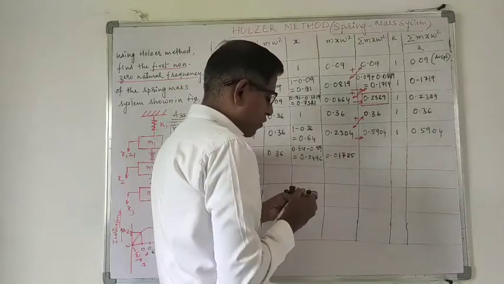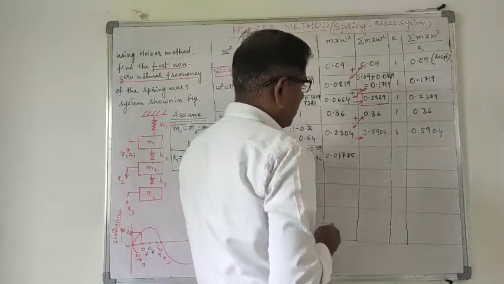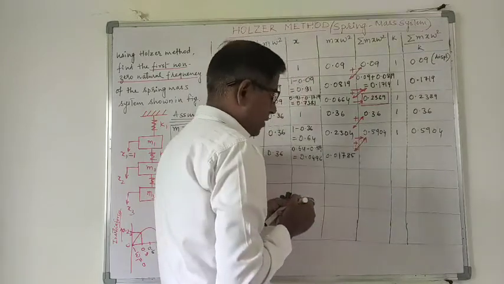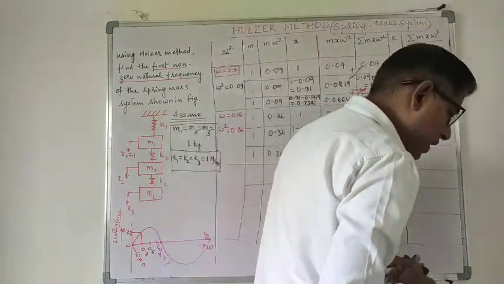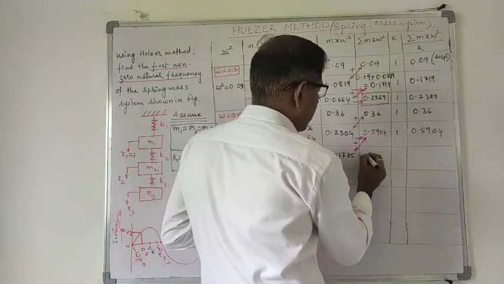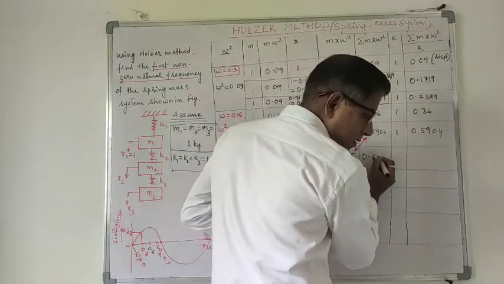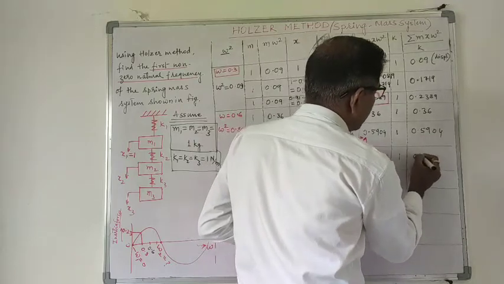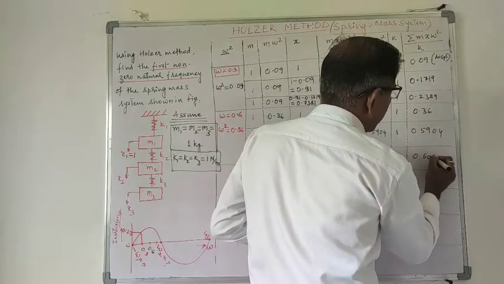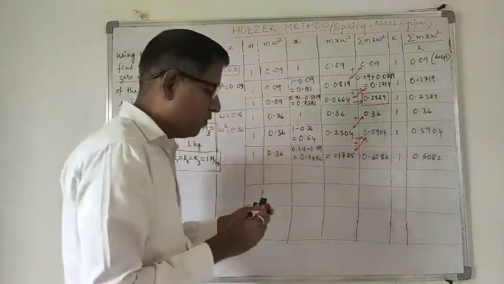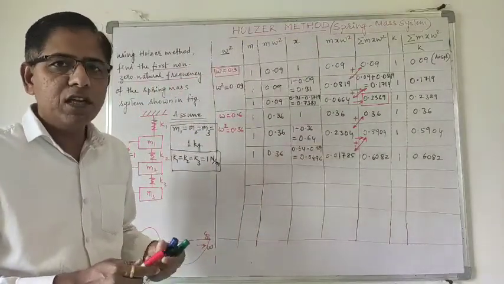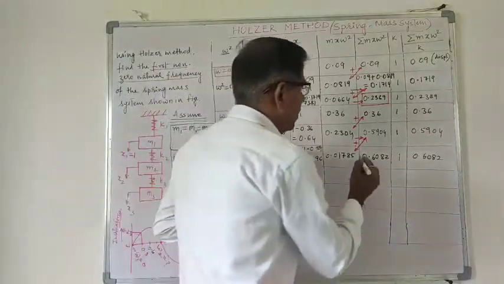And the summation of these two values will give the answer as 0.6082. So at the end of the second iteration, we have obtained the summation of the inertia forces as 0.6082,